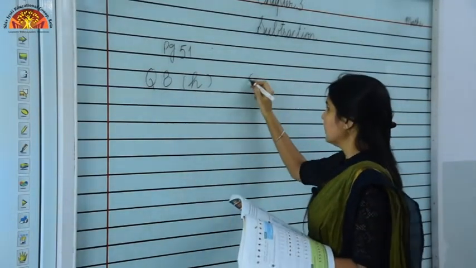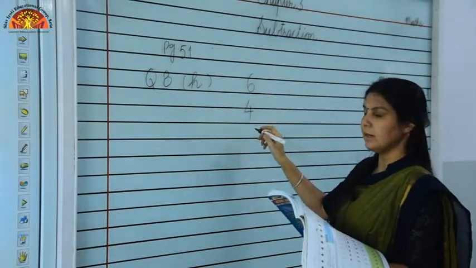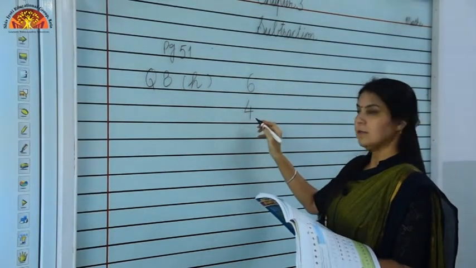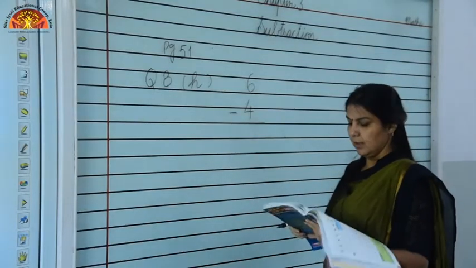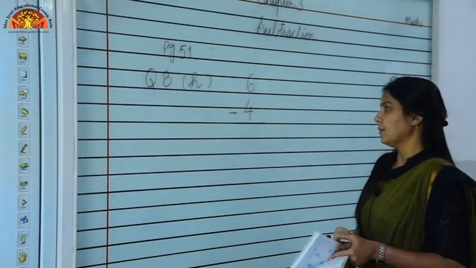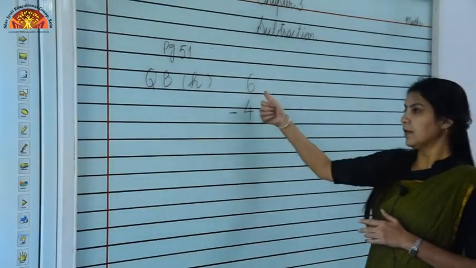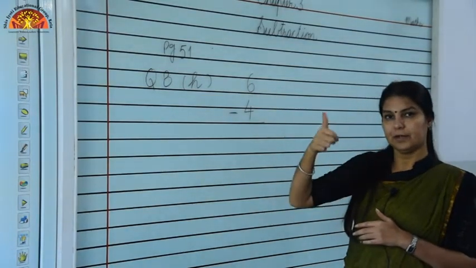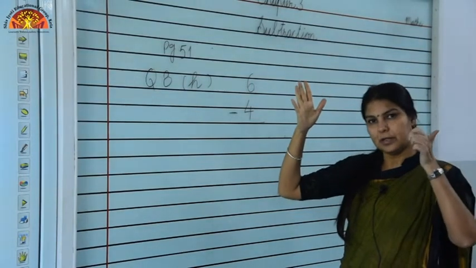Numbers are 6 and 4. Children, always we write the greater number above the smaller number. So here 6 is greater. So first of all 6 is written here. Below it the smaller number is written and the sign of subtraction is in front of the smaller number. Now start counting using your fingers. You will count first of all the bigger number on your fingers. This is 6. So we will count 6 on our fingers: 1, 2, 3, 4, 5 and this is 6. Now close the remaining fingers.